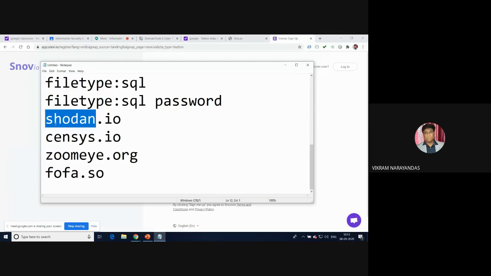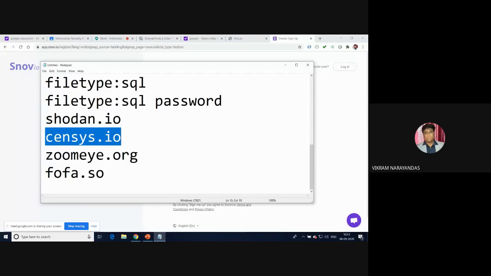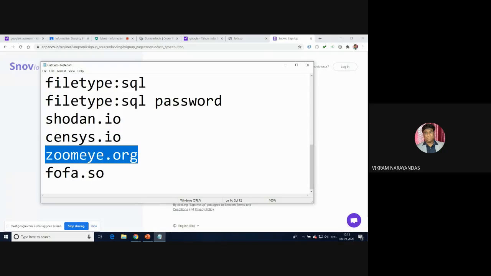Any Apache servers, how many people are using their IP addresses. Okay, and one more we'll discuss. One is censys.io. This is nothing but another search engine, a paid one. If you want to do any commercial activity, you can check in this one. Next one is ZoomEye. ZoomEye is another kind of search engine. If you want to list all the servers which are using Apache, you will get the list of all the Apache servers based upon the vulnerabilities also.